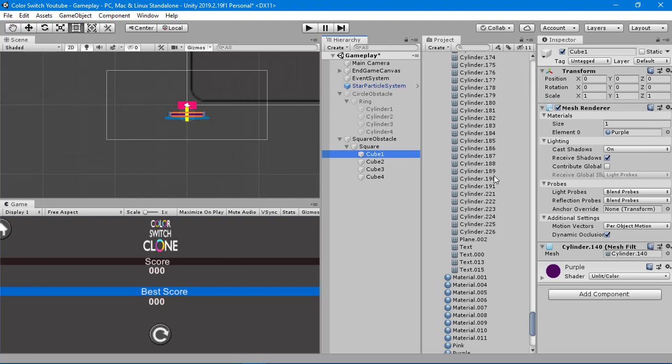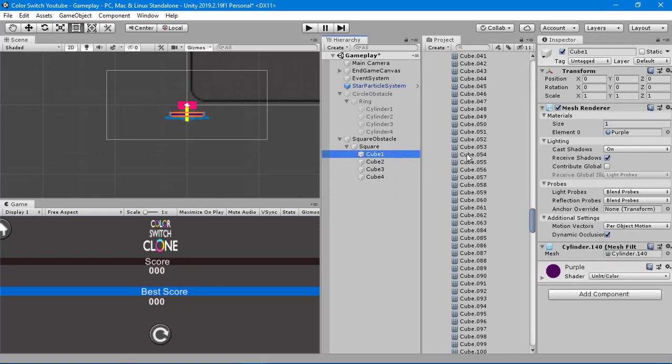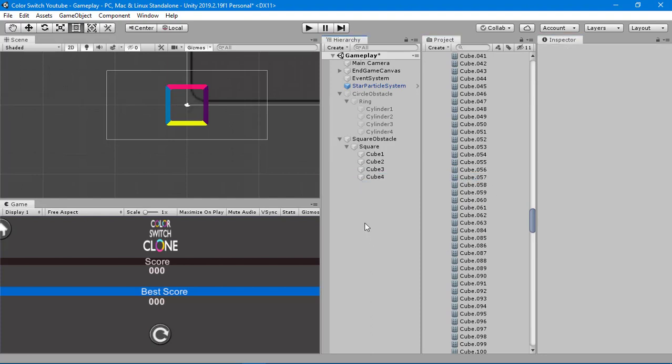Okay, so I am gonna look for it and then I'm gonna tell you what it is. Okay, so I checked it. They are basically cube 054 to 057. So let's do that. It's 54, and for the second one, it's going to be 55, and third one is going to be 56, and the last one is going to be 57. Okay, so let's save it,